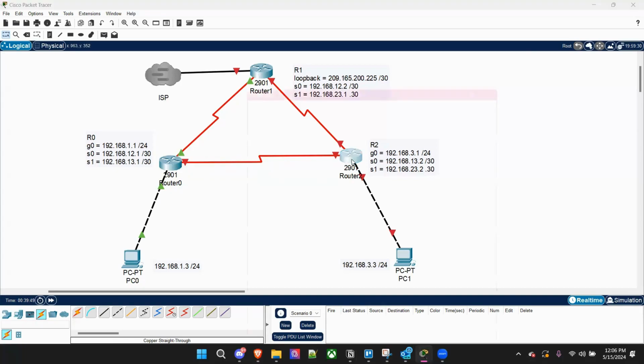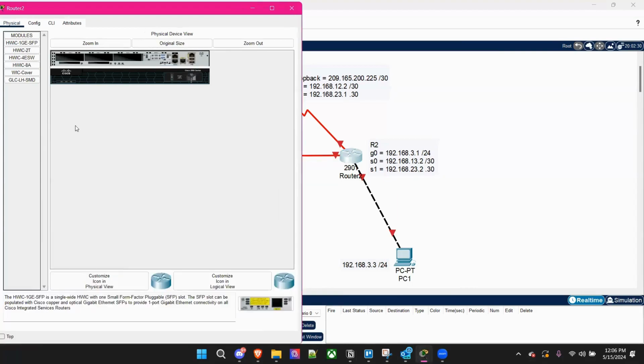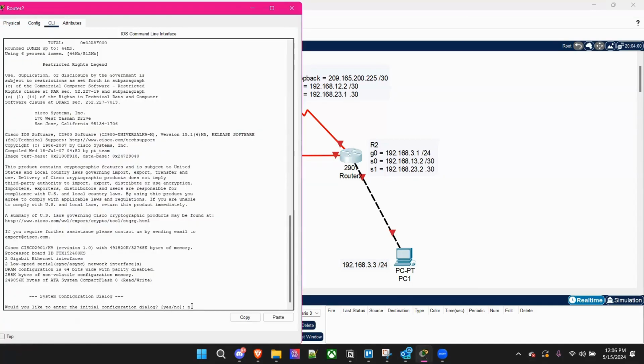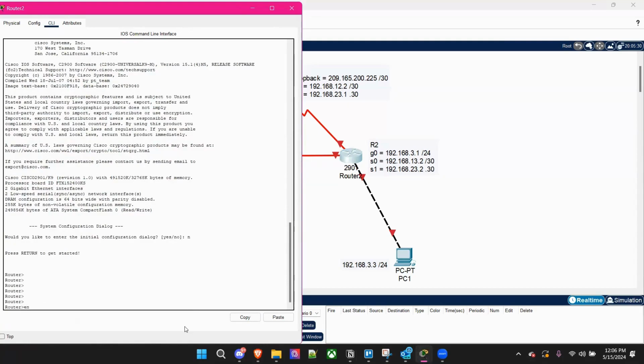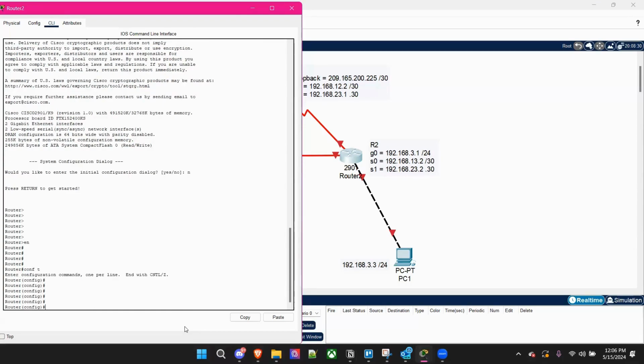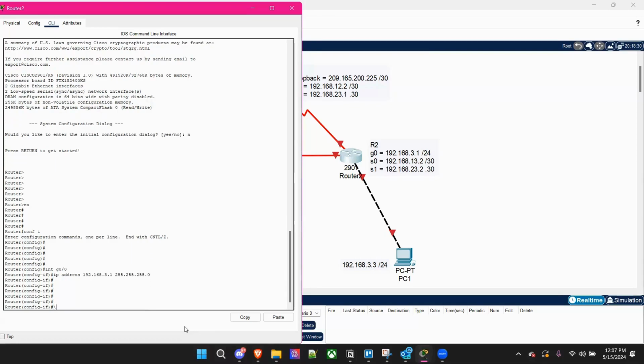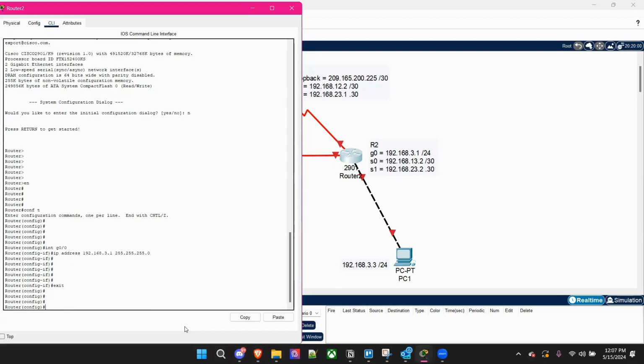So let's go to router 2, right? This is the third router. So we're out here doing our thing. So let's do CLI. No, we don't want to go through the configuring. Okay, let's enable. Let's config t. All right, let's go into the interface. Interface what? Interface G0/0. Let's do IP address 192.168.3.1. Subnet mask, let's not forget, is 255.255.255.0. All right. Now, if you like, you can say exit, right? Now you can say